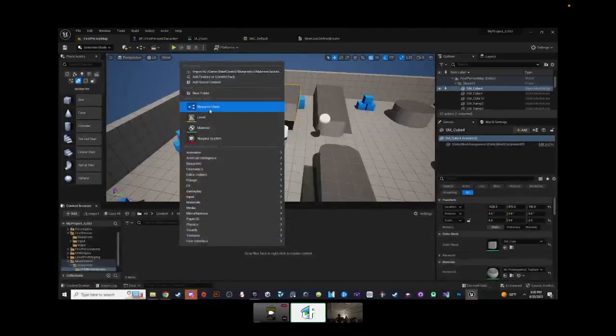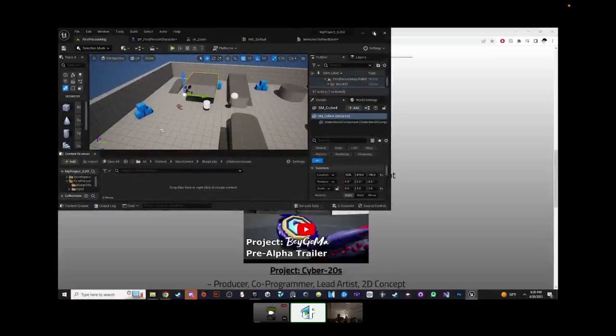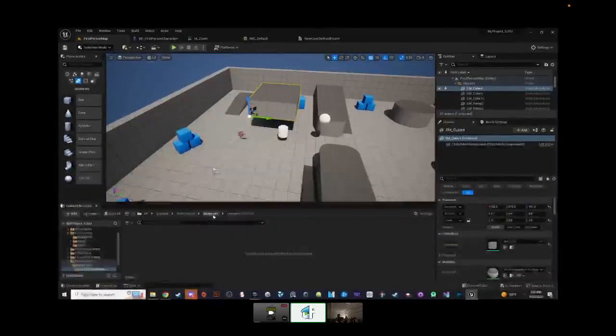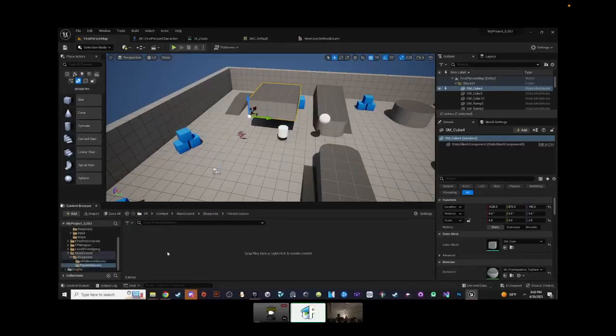Then I would make my child classes in here, say for my guns, or maybe even for characters as well, because you can do that for characters too, or any other object like power-ups. And my parent classes would be in here. So that's how I would organize it in a simple manner, while not trying to go too overboard. That's pretty much how I personally handle it.